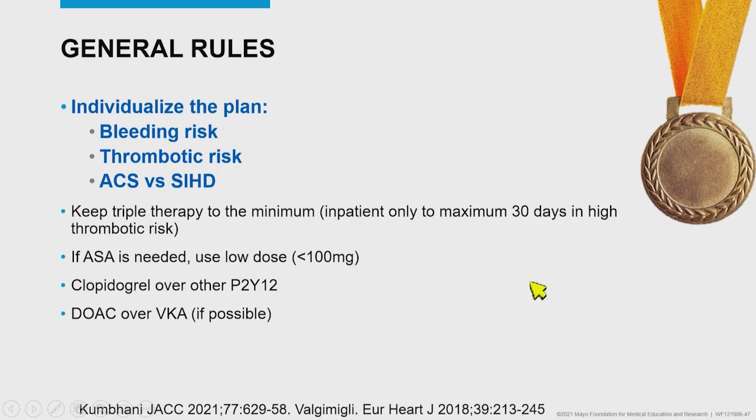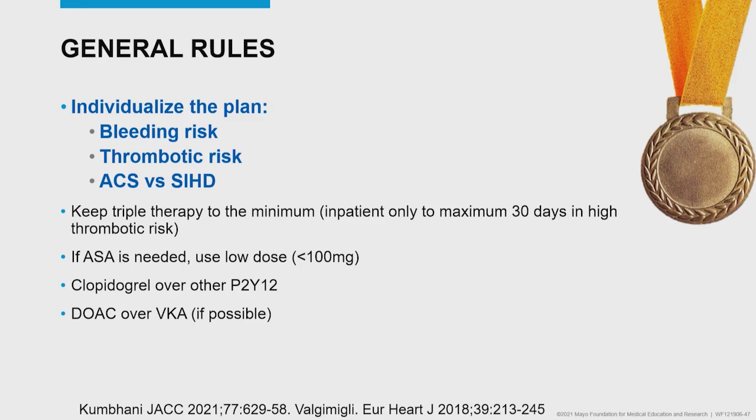General rules: individualize the plan for your patients. Take into consideration the bleeding risk, the thrombotic risk, and whether this is an acute event or stable heart disease. Keep triple therapy to a minimum, in patients only to a maximum of 30 days in patients with a very high thrombotic risk, especially if it's a stent thrombosis risk. If you need to use aspirin, use the lowest dose, which is 100 milligrams. Prefer clopidogrel over other P2Y12s like prasugrel or ticagrelor, and DOACs over vitamin K antagonist if it's possible